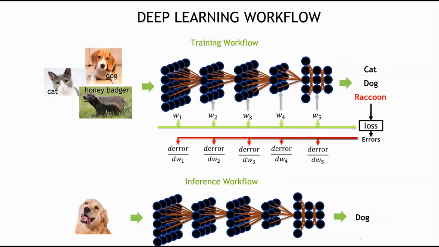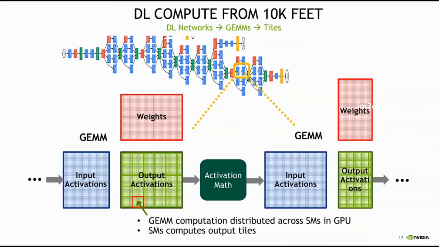So with this, now let me move to another aspect, which is how does a DL compute look from a 10,000 feet view, right? Again, I'm not going into the details, but just for you to understand and relate that to the GPUs. So if you look at convolution, fully connected layers, or even self-attention layers that you generally see in the transformer architecture, you'll notice one thing: all these operations can be represented as a general purpose matrix multiply, or rather, as we like to call it, GEMM, right?